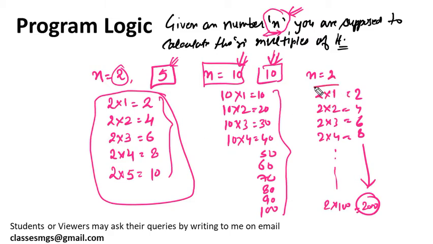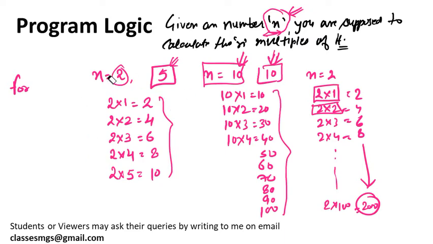What you need to do is multiply the number each time by adding 1, up to that particular number n. Here you can use a for loop or a while loop. You can do this using a for loop or using a while loop also, so let me show you using both the loops.